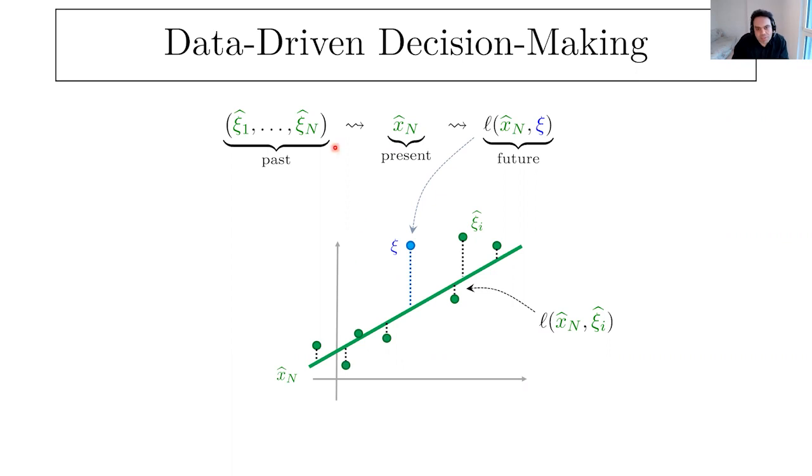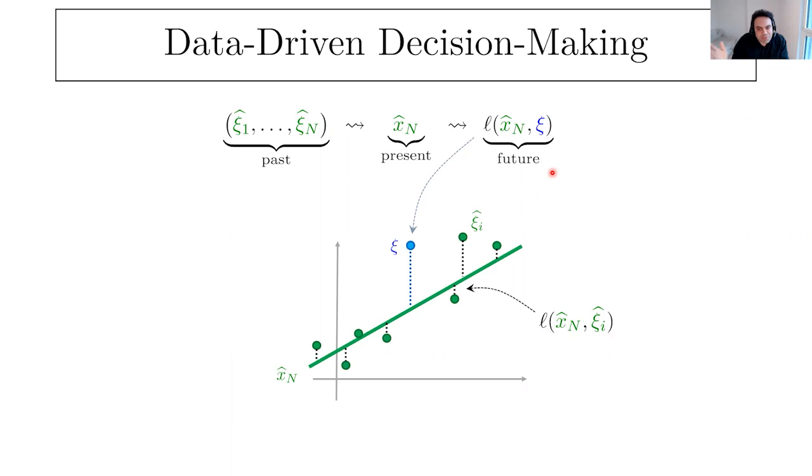So the first arrow in the machine learning literature is typically called the training phase. So how we turn the data into the decision is called training. Evaluating or predicting what happened for the performance, which I show here in the second arrow, is typically referred to as the test performance, or test. And what we typically see as a difference between the past data point, past loss, and the future loss is something that people refer to as the generalization error. So how well we generalize from the past loss to what we see in the future.